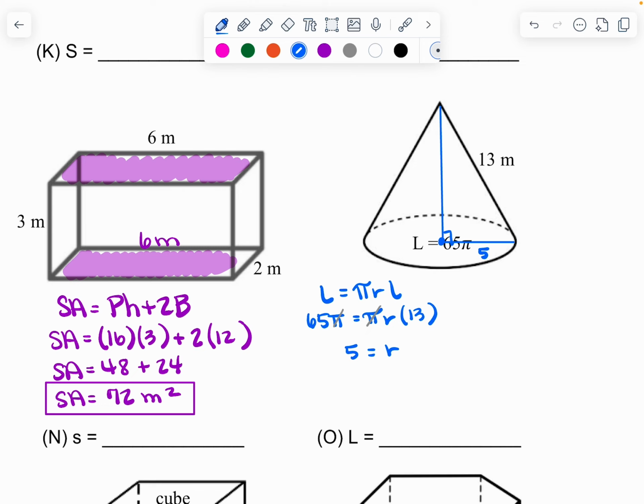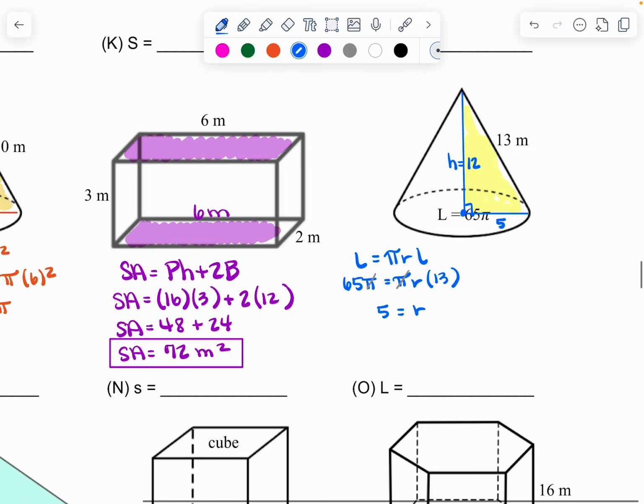The radius is 5. And yes, to do volume, I do need the height of my cone, which again is just a quick little Pythagorean theorem. And if you know your triples, then the height's going to be 12. That is a 5, 12, 13 Pythagorean triple. If you don't, again, a quick little Pythagorean theorem off to the side. Pretty quick and easy. So now that I know that my height is 12, now I can go use my